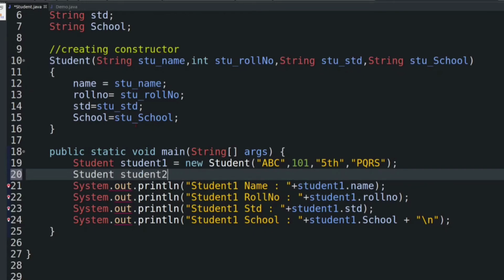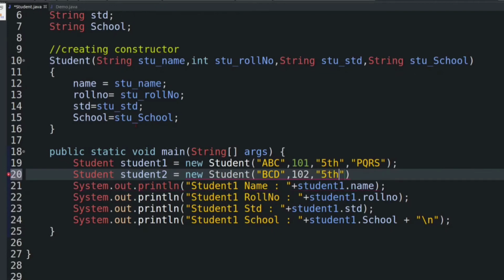Okay, then there will be a new keyword and values, suppose name BCD, and then there will be a roll number 102, and then standard is 5th.